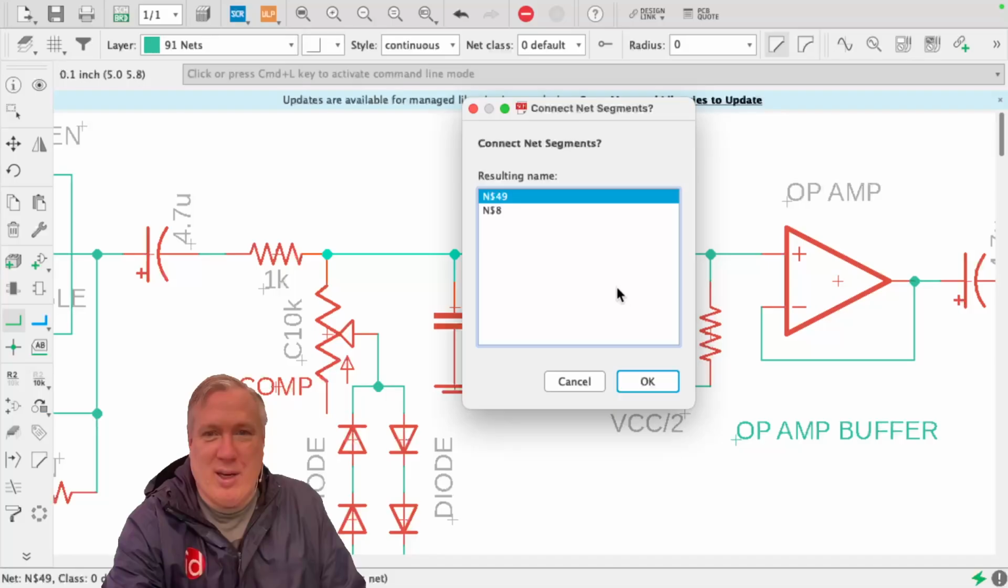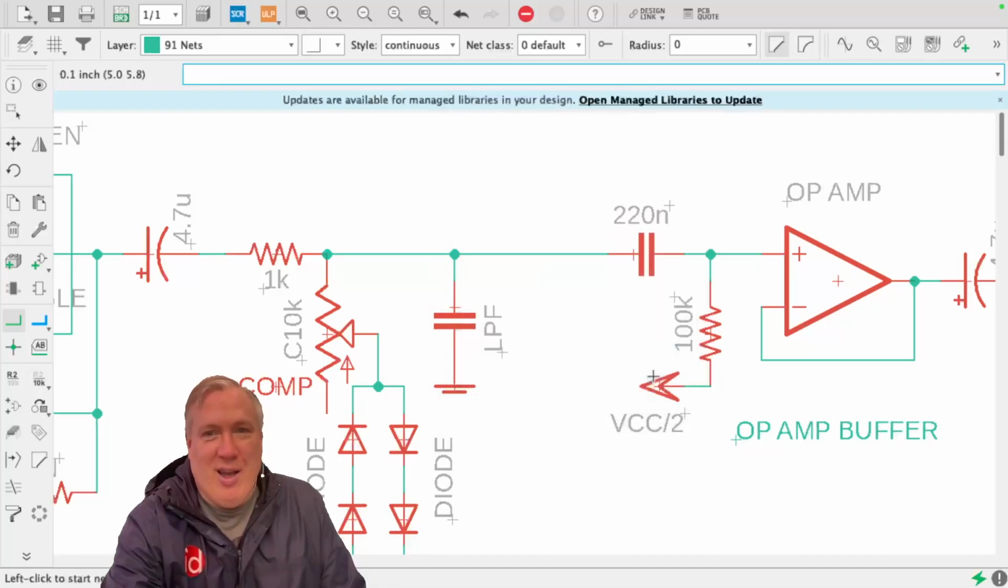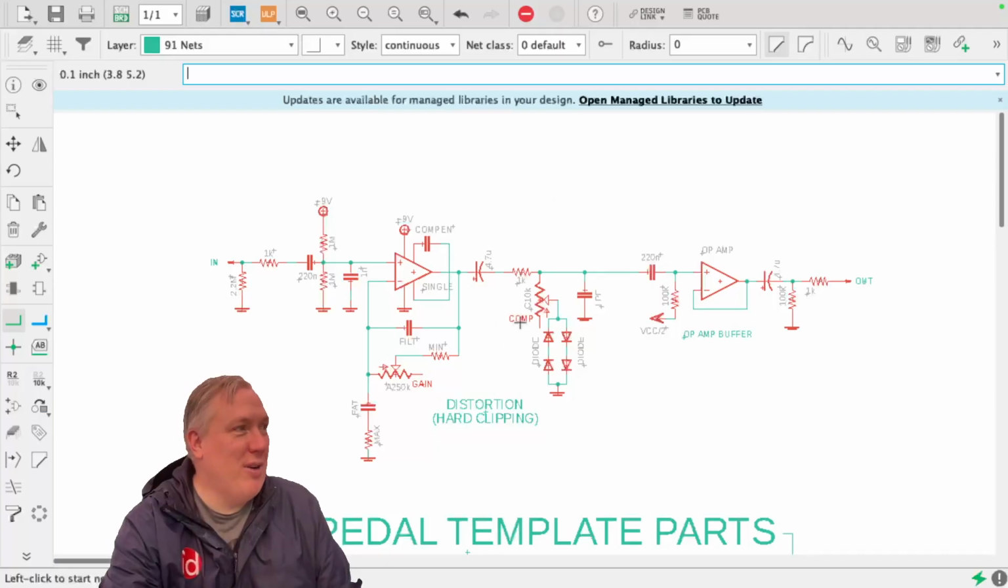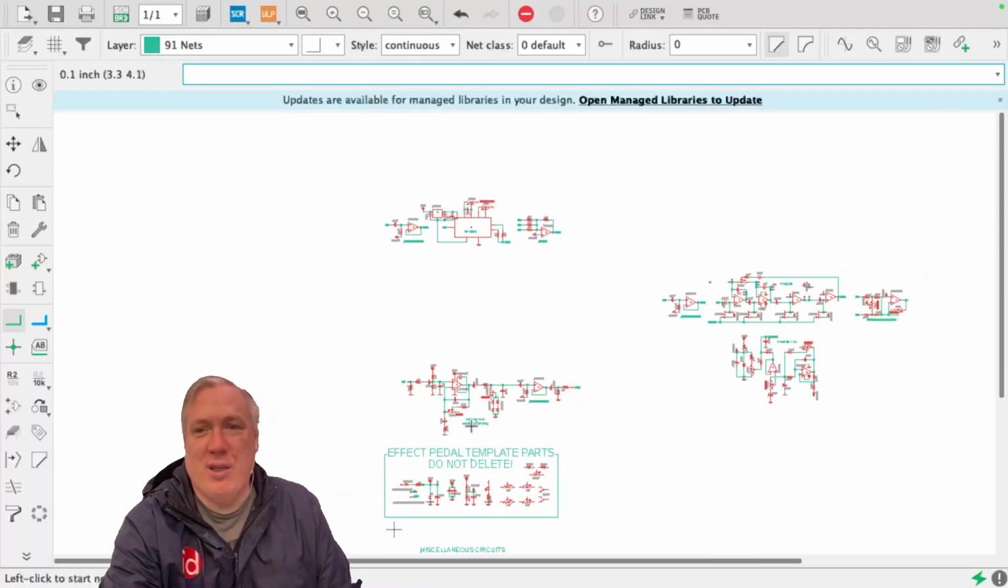And when it asks, do you want to connect these? Yeah. And then they're connected. This is a complete and functional schematic. If I were to do this for the reverb,